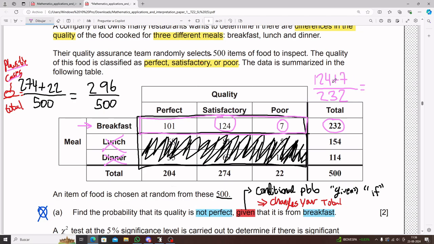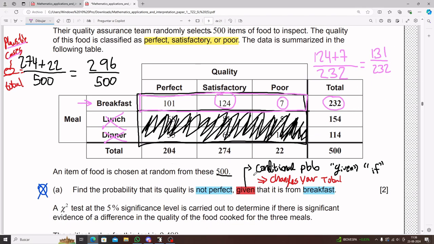So you go ahead and do some quick maths. You end up with 131, if I'm not mistaken, divided by 232. Let me double check that. It looks fine to me. See? So the big idea I need you to understand is that conditional probability, which comes through given or if,